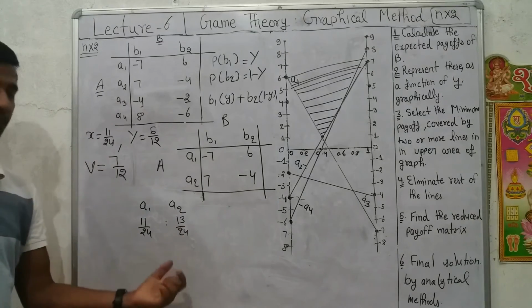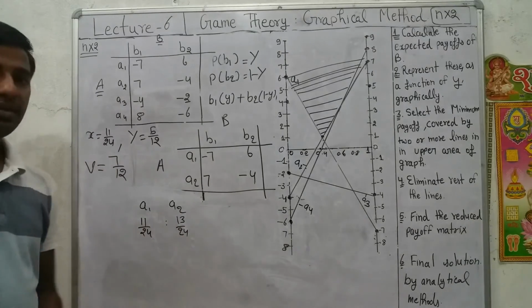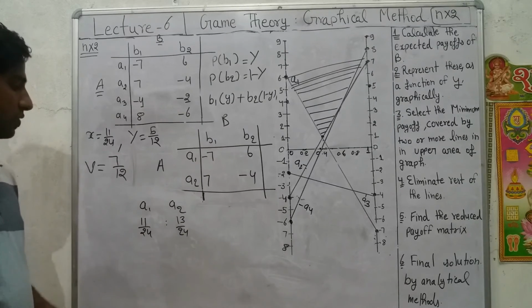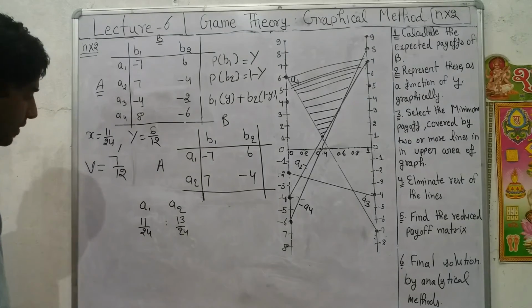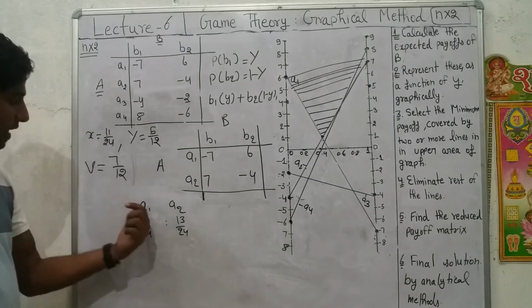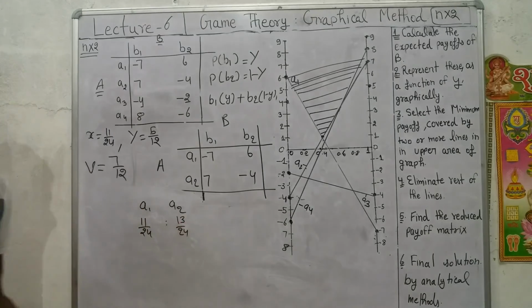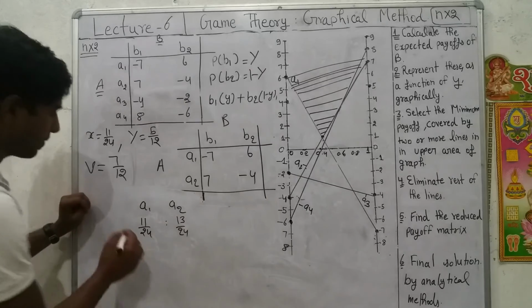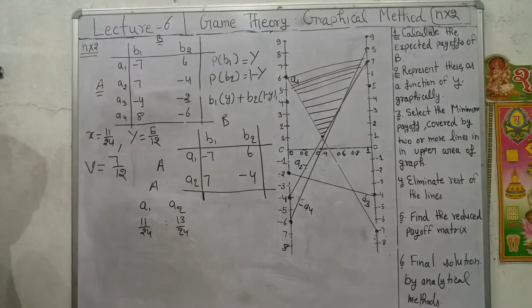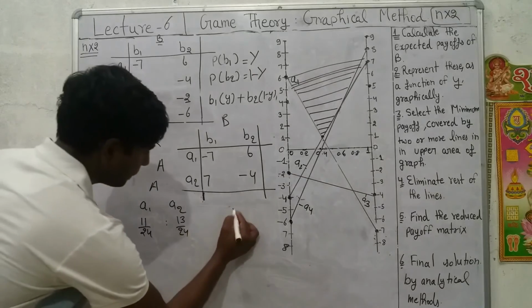If they are planning their competitive strategy for 2 years or 24 months, then out of 24 months, the A1 strategy would be adopted for 11 months and the A2 strategy would be adopted for 13 months in case of A. And if we talk about company B,